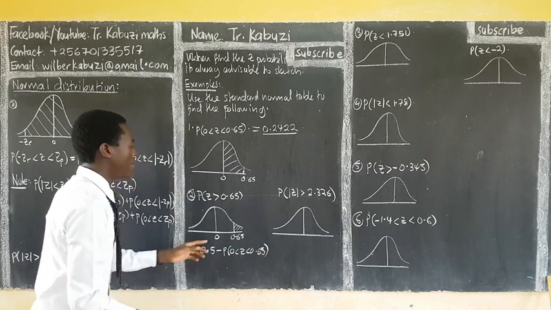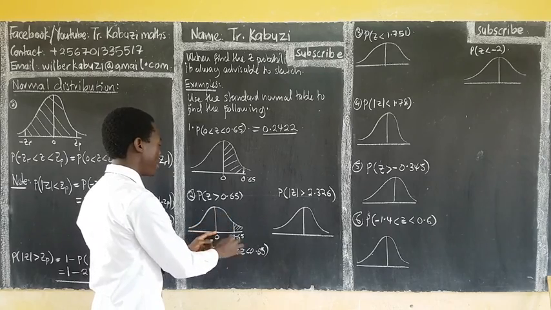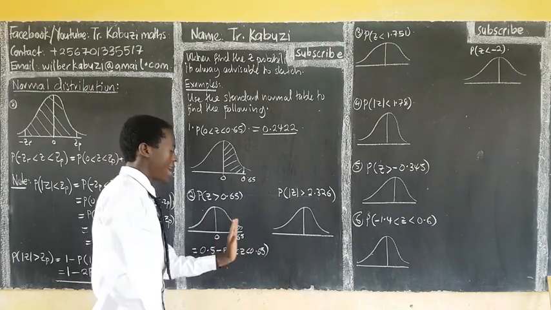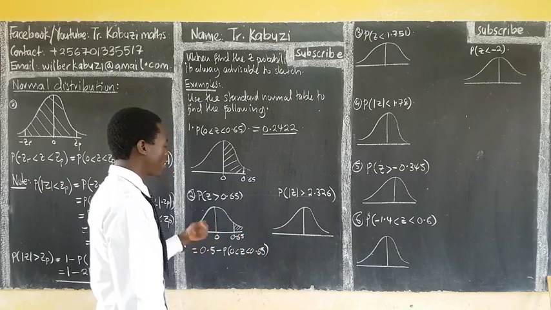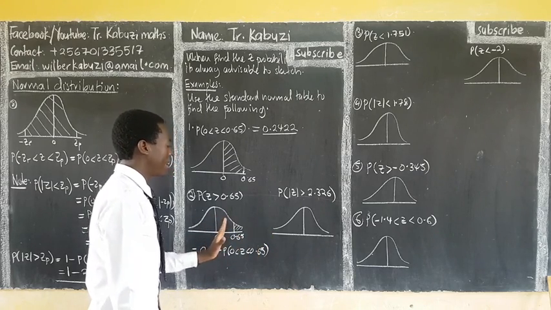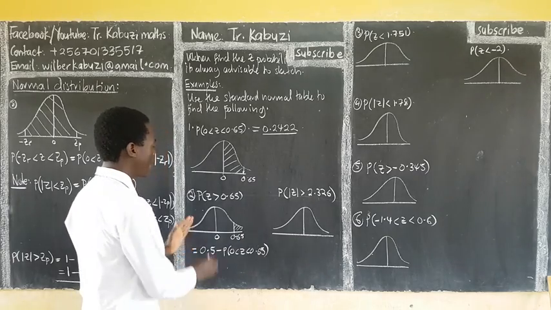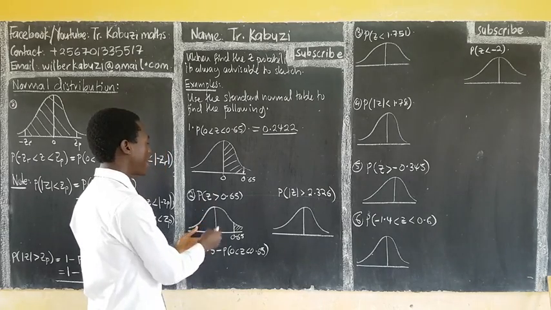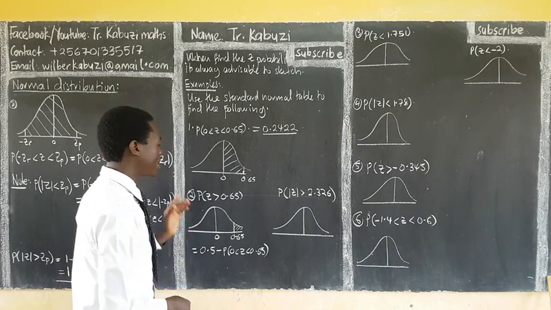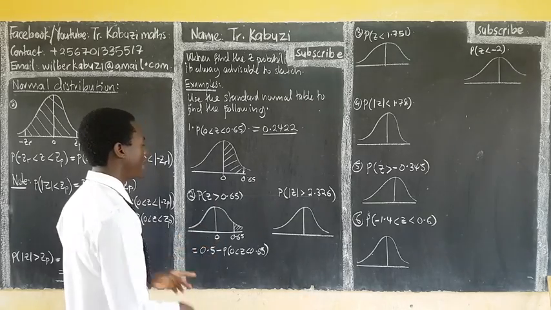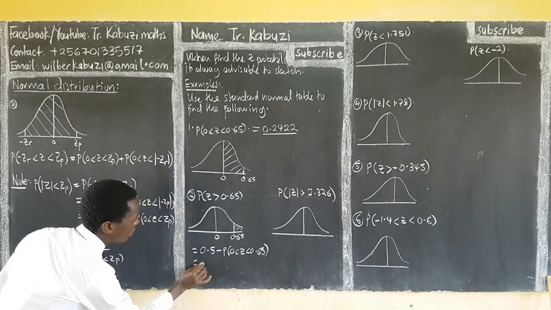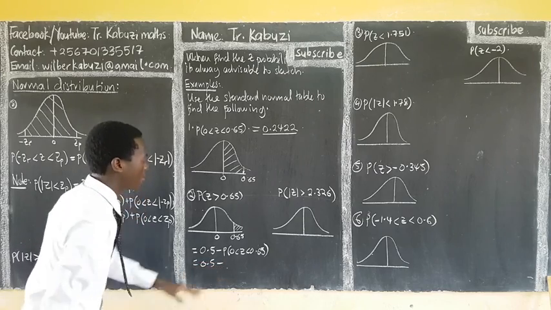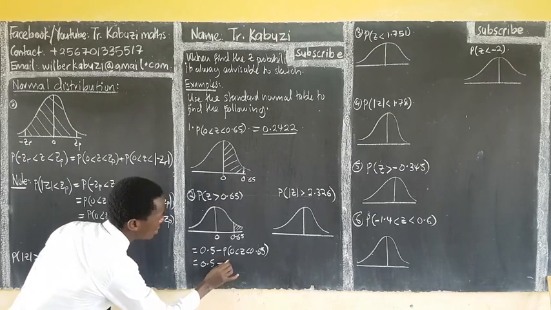0.65. So when we get this, remember the whole of this is 0.5. So if you want to get the other ratio, we shall get 0.5 minus this one, then we shall get the remaining. Because we said this part is 0.5 and also this part is 0.5. Why? Because symmetric and the area under it is 1. So when you add 0.5 and 0.5, you get a 1. So this would be 0.5 minus, but we've seen this one already. It's